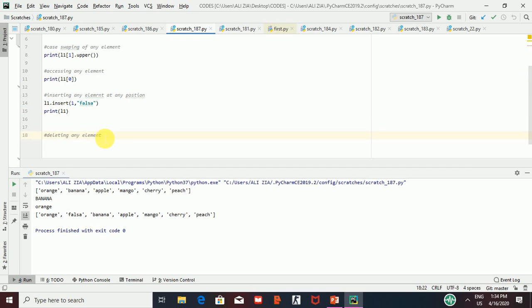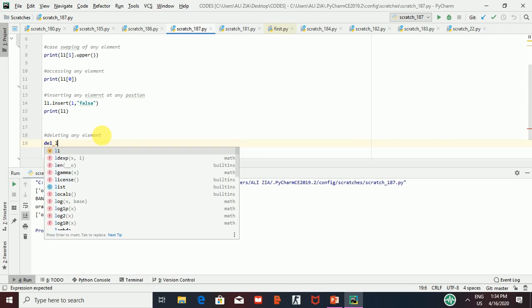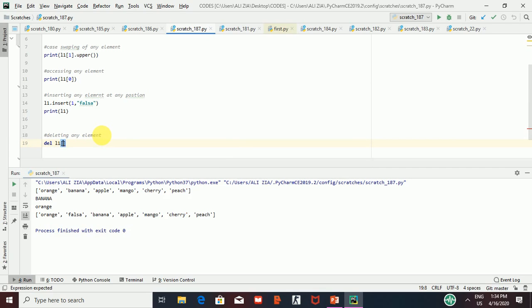Now I'm going towards our fifth attribute, that is the last for this video. Now what if we want to delete any particular element? So here I have to write del, then the list name, that is L1, and then I have to give the index.